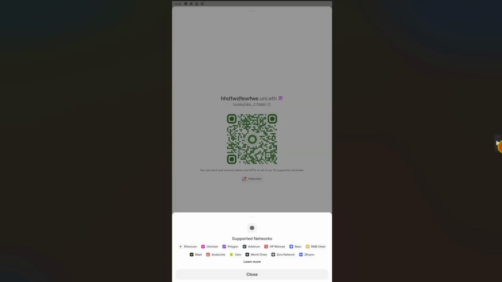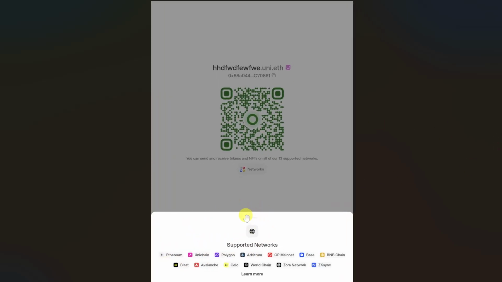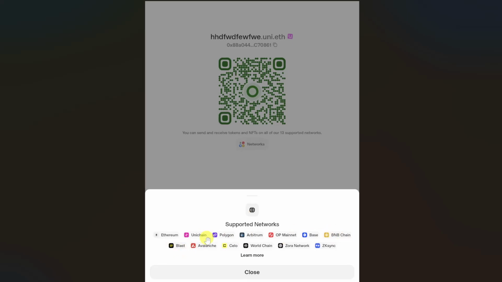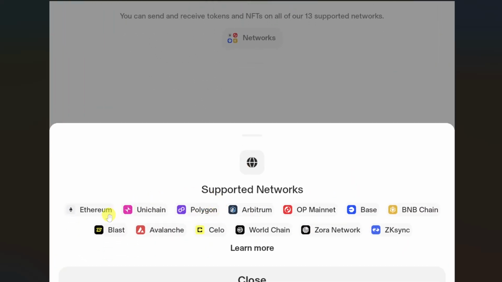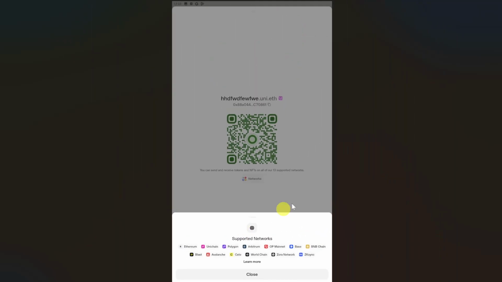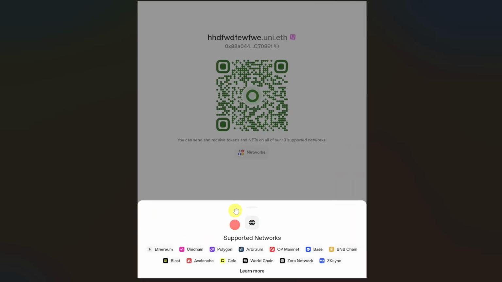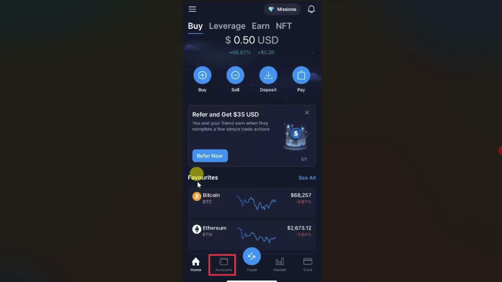Now the most important thing is you have to make sure that the cryptocurrency you are transferring currently supports these networks. So your cryptocurrency has to match one of these wallet addresses. If it doesn't match this address, that means you can't transfer that particular cryptocurrency. So once you have selected the right cryptocurrency that supports these networks, you have to open up your crypto.com app